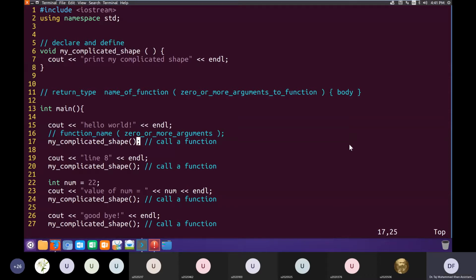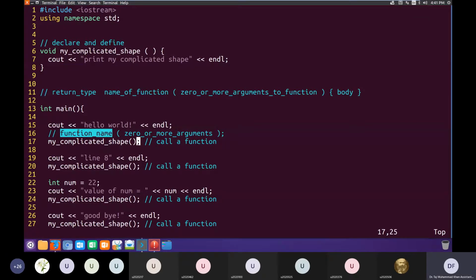What do we mean by declaration and definition of a function? What do we mean by calling a function? What happens when we call a function? And what's the general syntax of declaring and calling a function? Calling a function basically means that whenever you want to use the code within that function, we have to call that function at that particular point in our program. So calling has a special syntax that I mentioned here.